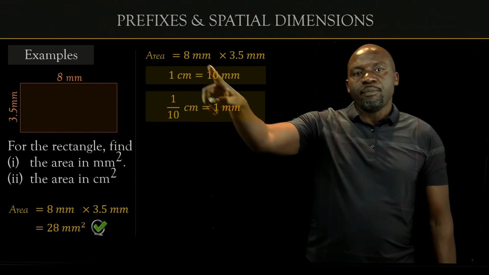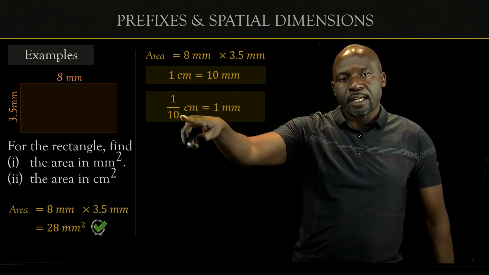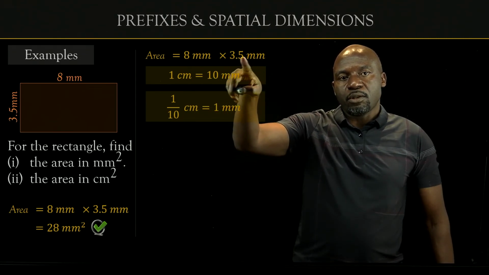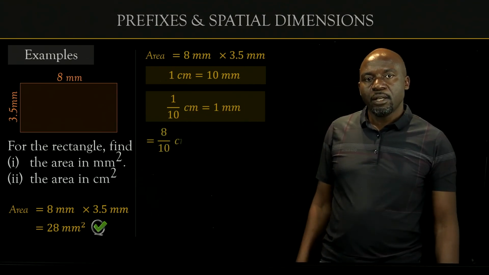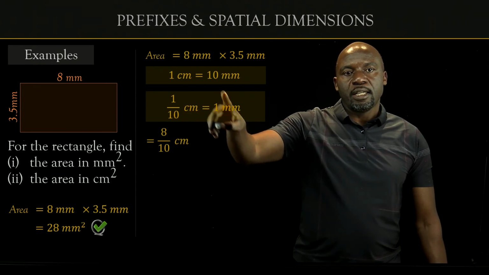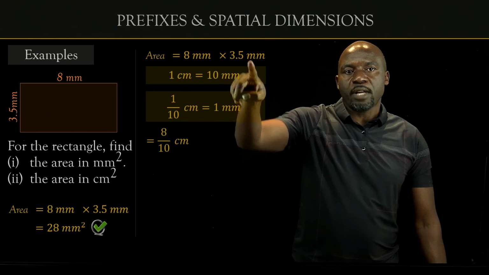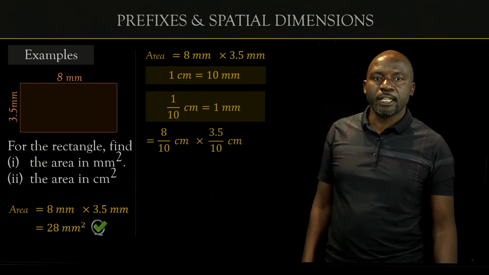So 8 millimeters must be 8 times 1 over 10, so it's going to be 8 over 10 there, and 3.5 millimeters must also be 3.5 over 10 centimeters, like this. So we multiply that also by that, we have 3.5 over 10 is another way of doing it, and so